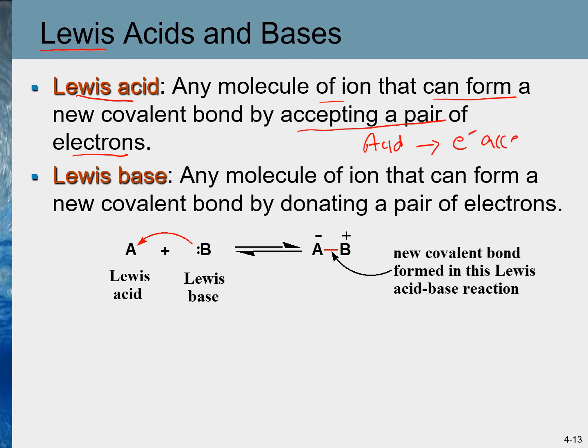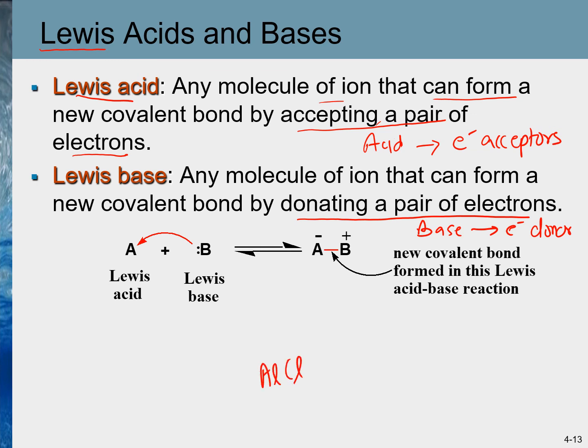So in Lewis' definition, acids are electron acceptors, and Lewis bases are those molecules which can form a new covalent bond by donating a pair of electrons. According to Lewis, the bases are electron donors. So it's kind of the opposite of the Bronsted and Lowry definition. Now, why was this definition proposed? It was proposed because Bronsted and Lowry was unable to include some acids and bases. For example,